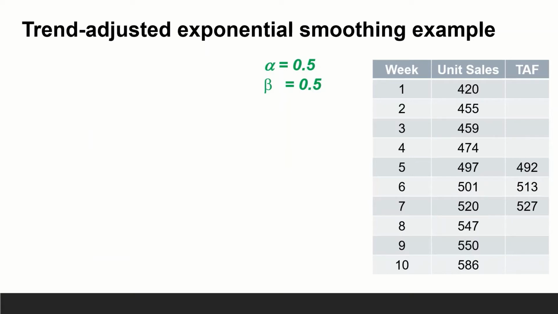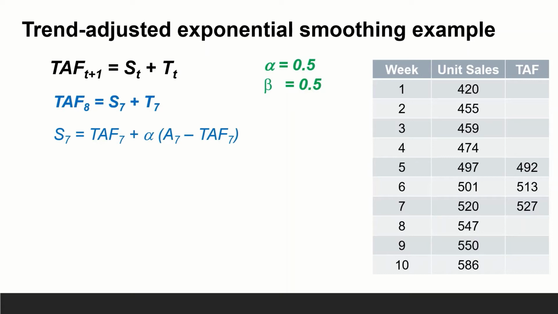Similarly, we can calculate the forecast of period 8, TAF8, where t plus 1 equals 8. Applying the trend-adjusted exponential smoothing equation, TAF8 equals S7 plus T7, where S7 equals TAF7 plus alpha multiplied by (A7